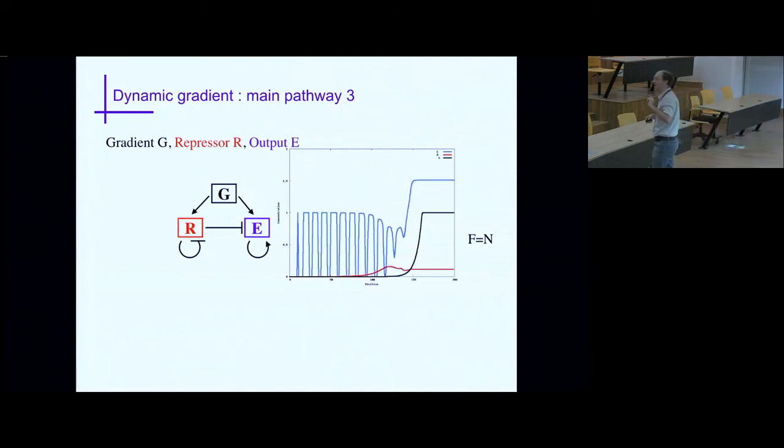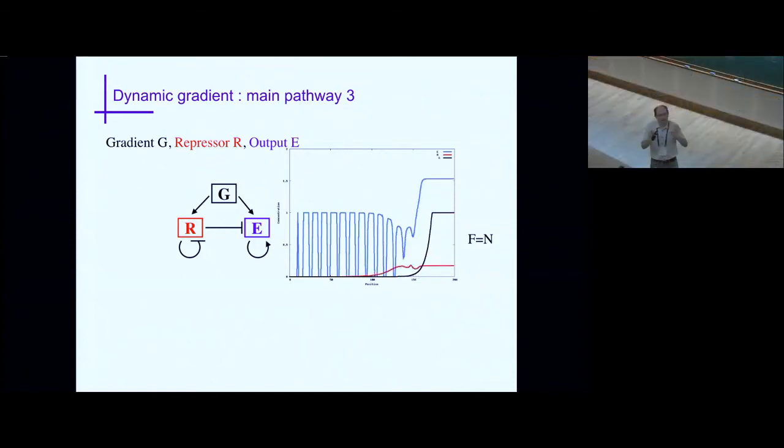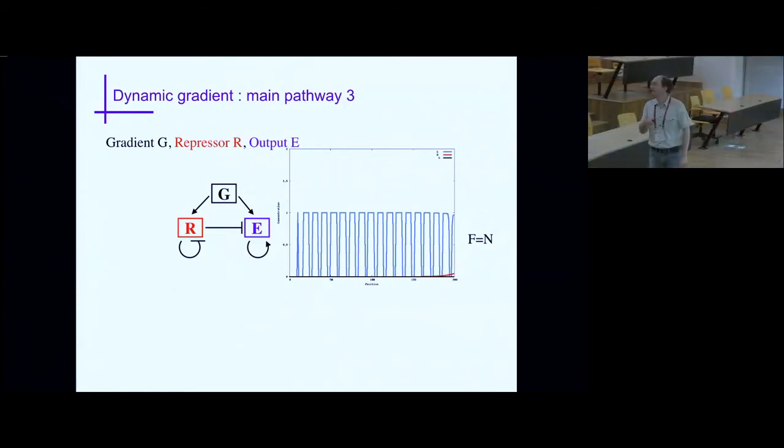It's not difficult. But remember, what I'm doing here, I'm selecting for stripes. So, I get what I select for. I wanted stripes, I get stripes. Now, why would you need waves? One idea that we have is that waves are actually important to pattern the stripes. Because if you look at the stripes here, there is no polarity at all. Up, down, I could make a mirror image of the stripes that would give me exactly the same thing.